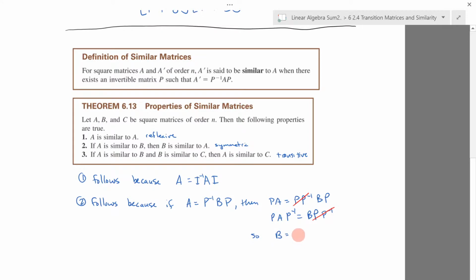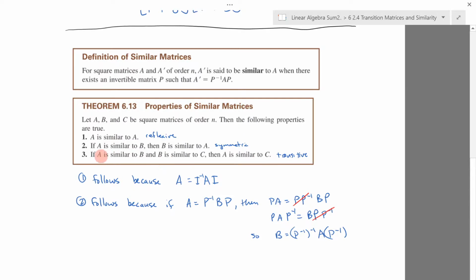B is equal to, so I'm going to write P as P inverse, because the inverse of the inverse is just the original matrix. And so this shows that B is similar to A, because P inverse is playing the role of P here. Okay, so this shows the symmetric property. And then